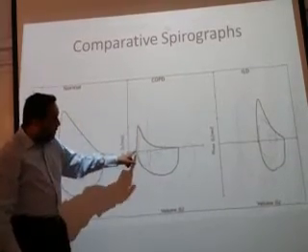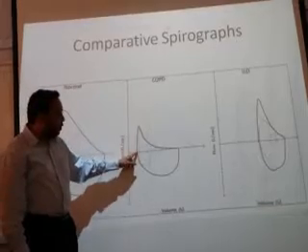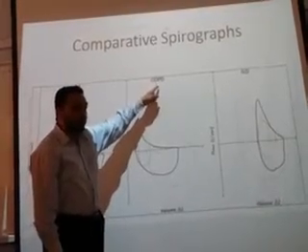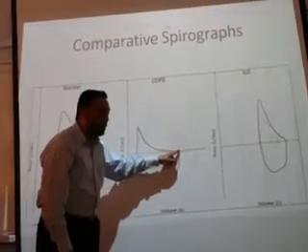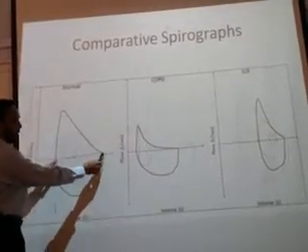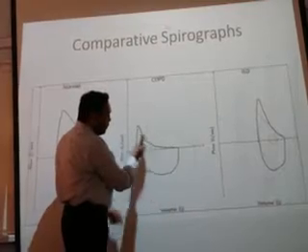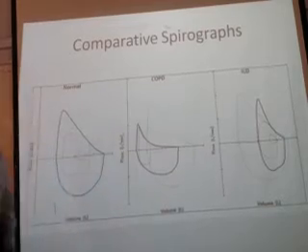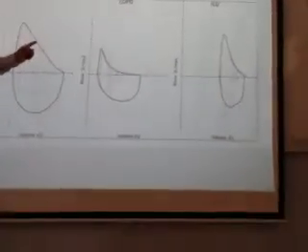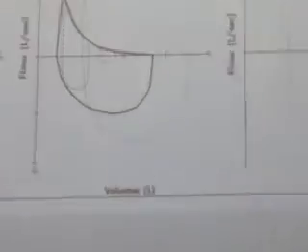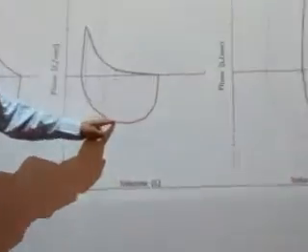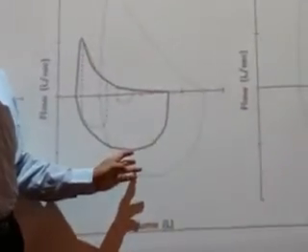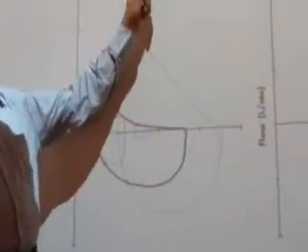The flow, this indicates the flow. Let me remind you again. The flow is very less because it is obstructed. And look at the volume here and the volume here. So this indicates slow and long-lasting expiration. This indicates obstruction to the expiratory effort, like asthma for example. And then immediately after that, you carry out the inspiration. Look at the inspiration also. So there is obstruction to inspiratory effort also, like asthma.